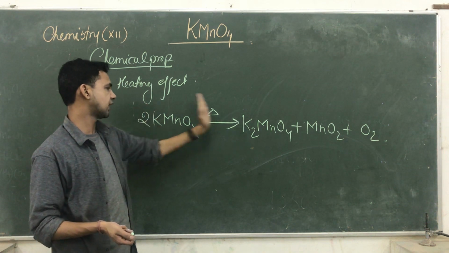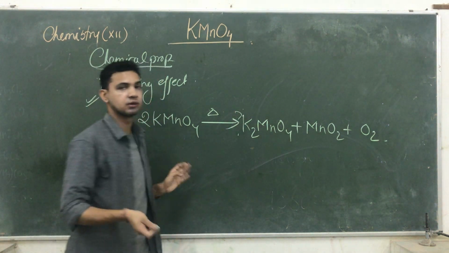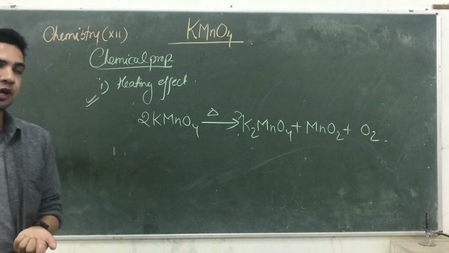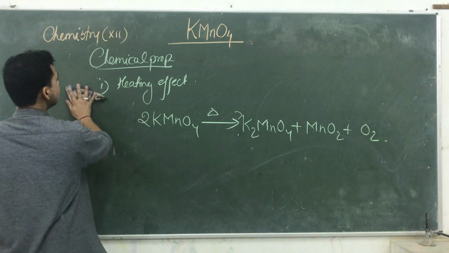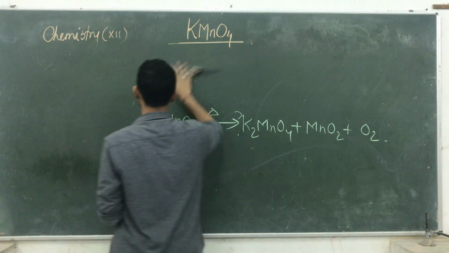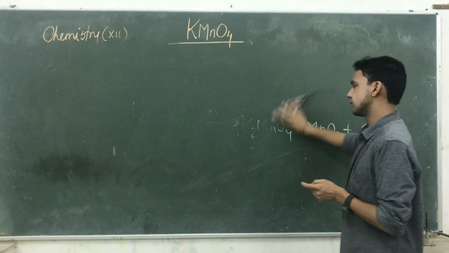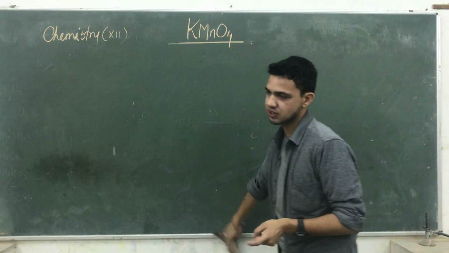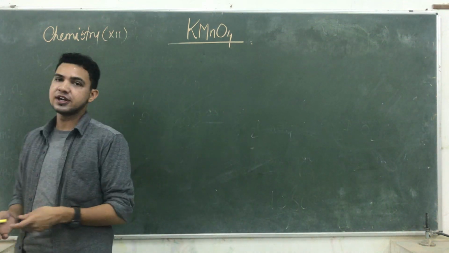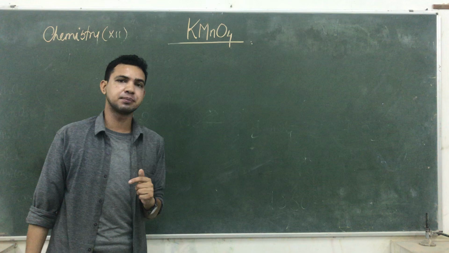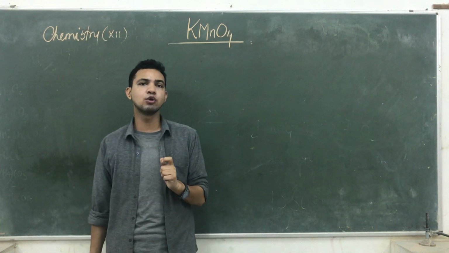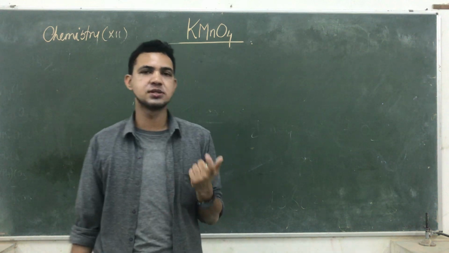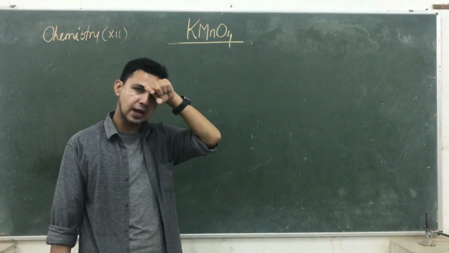So here we are giving that much part and just making a question mark here. So that is the effect of heating in KMnO4 crystal. The next one is we are talking about the 2 types of chemical reaction that are very popular. Actually we say 3 types, or we say 2 types, because NCERT has only 2 types: the reactions of KMnO4 in acidic medium and reactions of KMnO4 in basic medium. So today we are going to work on the reactions of KMnO4 in acidic medium.